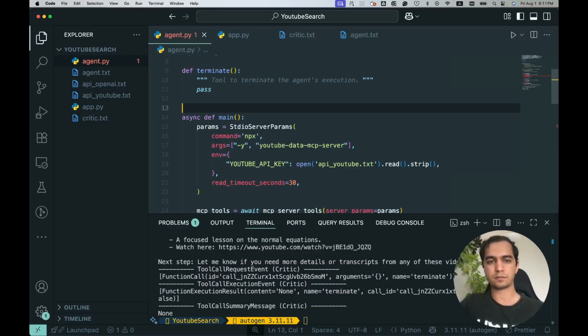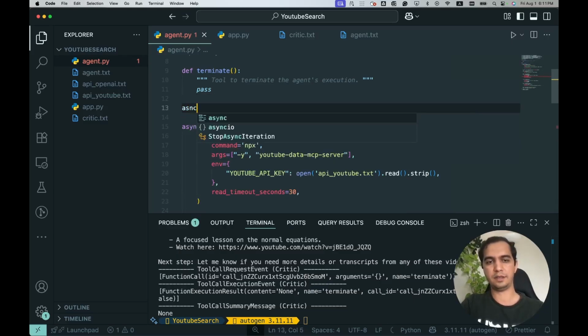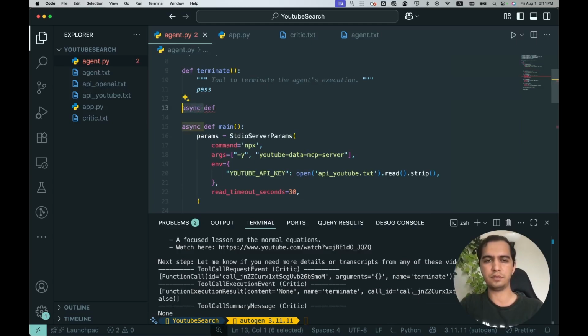So I will have a new function. It doesn't even need to be a coroutine, it can be an ordinary function because it's not an IO bound function. It just needs to define the agents and the theme and config the MCP server once. So def config,